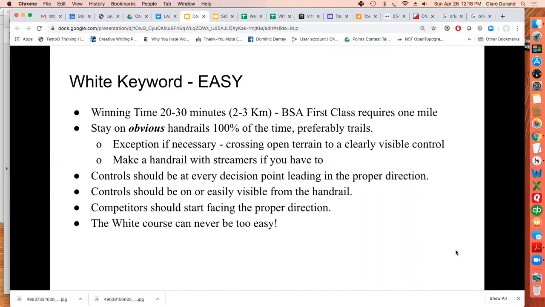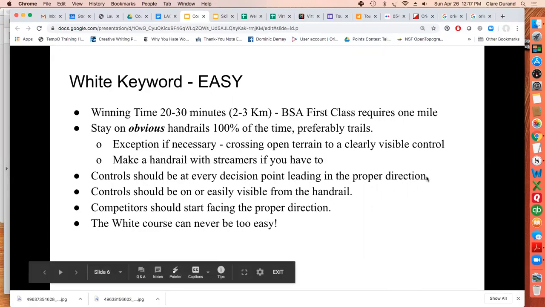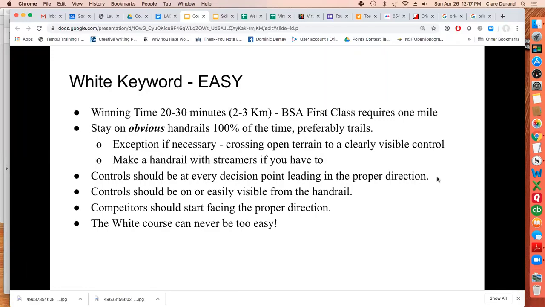In order to make this easy enough, there should be a control at every decision point. So the idea is that while you want people to kind of become aware of decision points, the course should sort of lead themselves through it. I like to, when I'm planning a white course, try to pretend like I'm 5 years old and run down the trail going, yay,